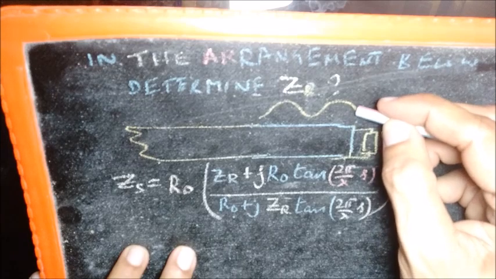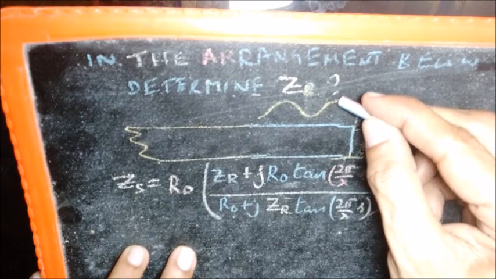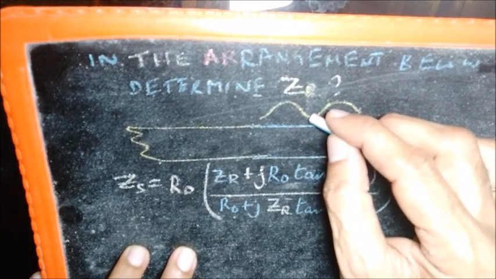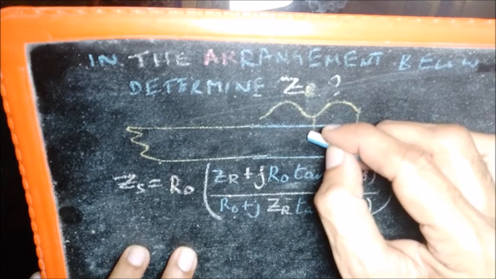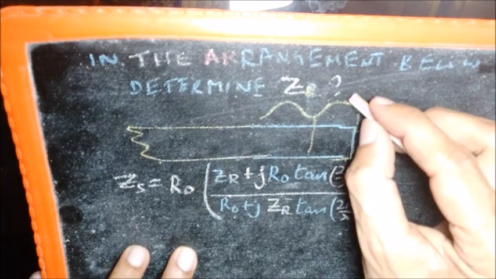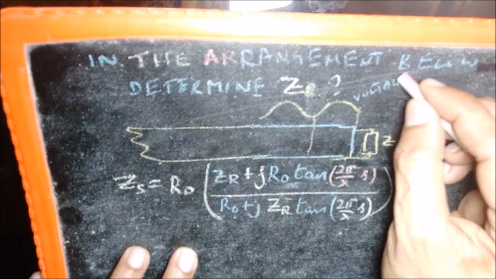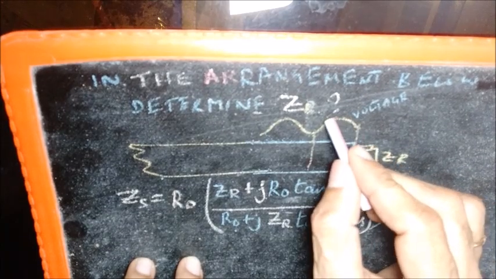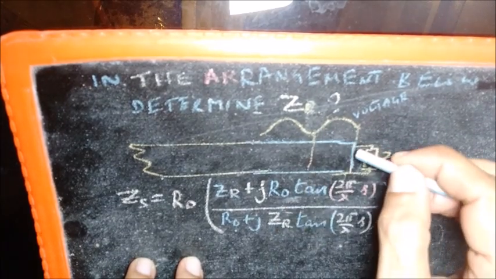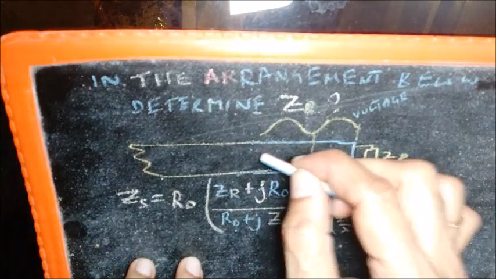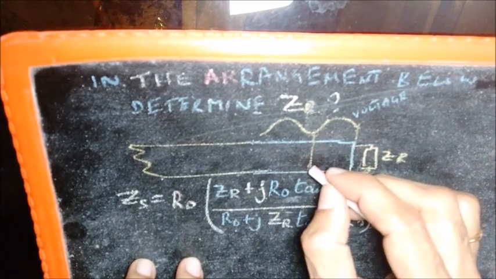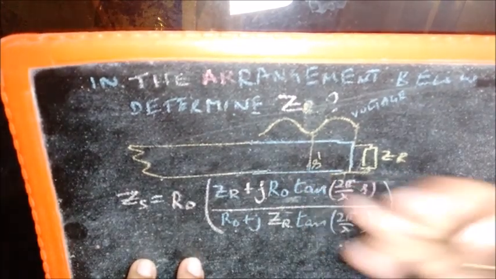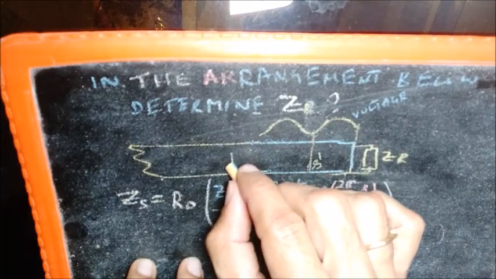So this is at S0, this is the amplitude. It peaks somewhere here and then it drops to its minimum here. Let us say that the point on the transmission line where the voltage amplitude has its first minimum when seen from the load side towards the source side is this point. Let that be S dash, and let's say that we have access to this and we have access to R0.